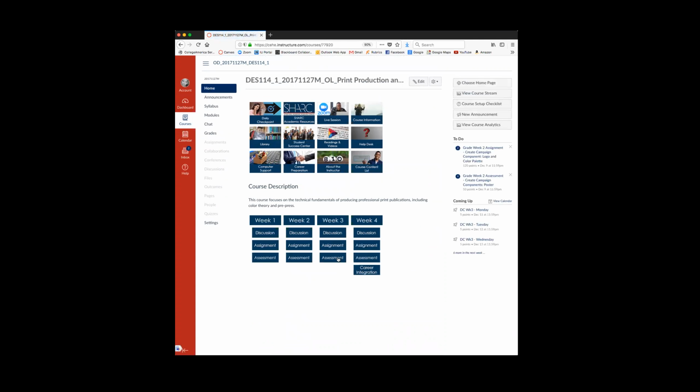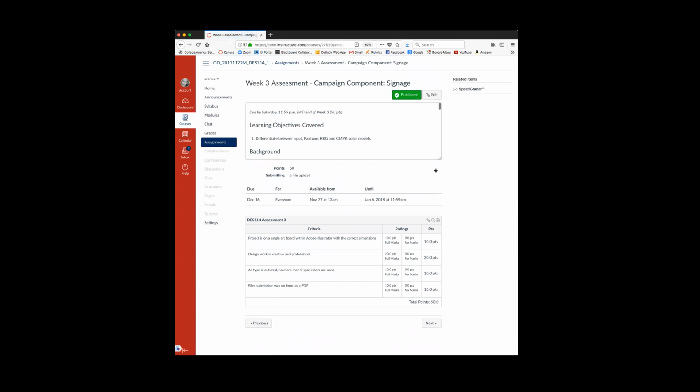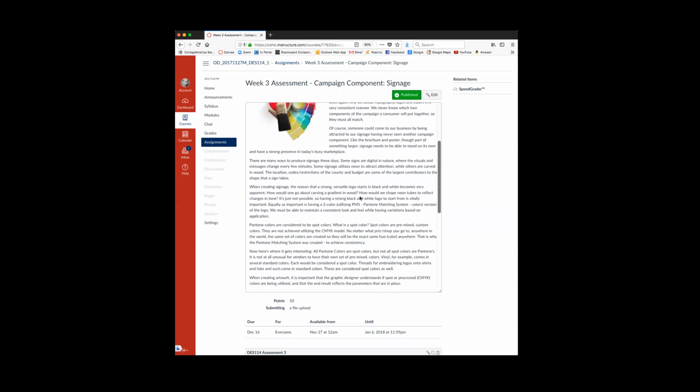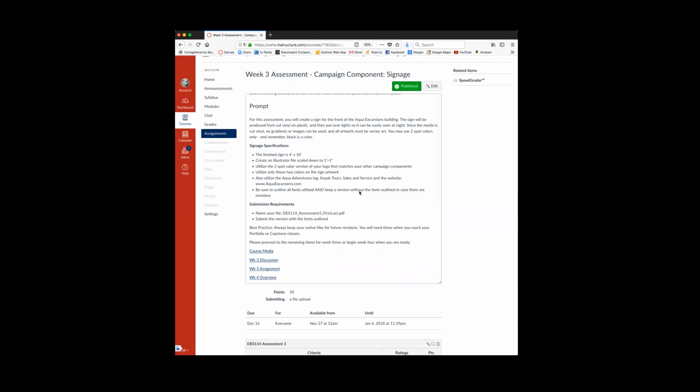Very quickly here, go to assessment. Basically, this is a little easier. This won't be too time consuming. You're gonna read through this background information. So for this assessment, you will create a sign for the front of the Aqua Excursions building. The sign will be produced from cut vinyl and plastic and then put over lights so it will be easily